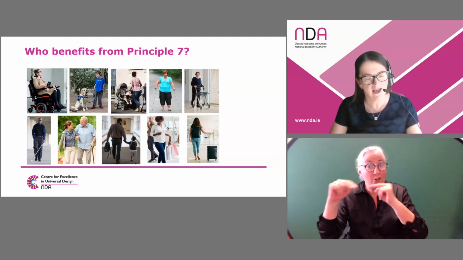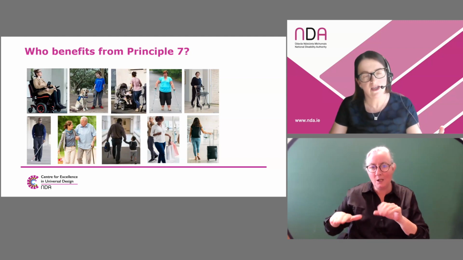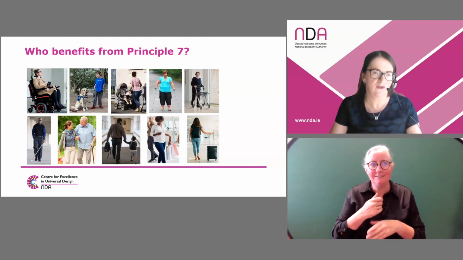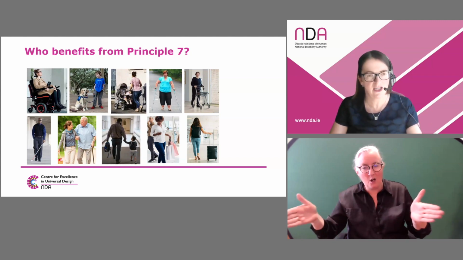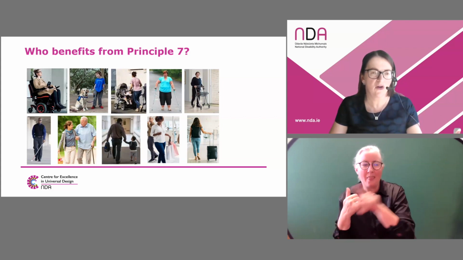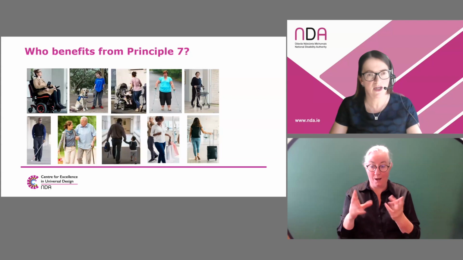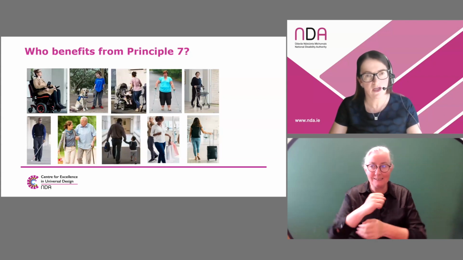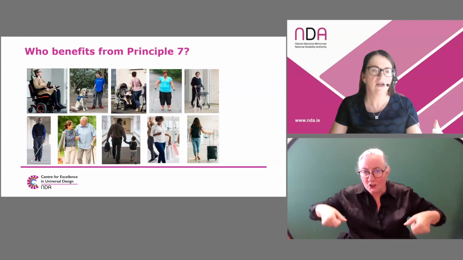For example, thinking about an adult and a child with an assistance dog, they'd need a much wider footpath than a wheelchair user. But again, we don't really have measures in relation to that. But this slide is really about thinking of all the different people who benefit when we provide that size and space: a parent with a buggy, somebody using mobility devices like crutches and a rollator, somebody who's blind